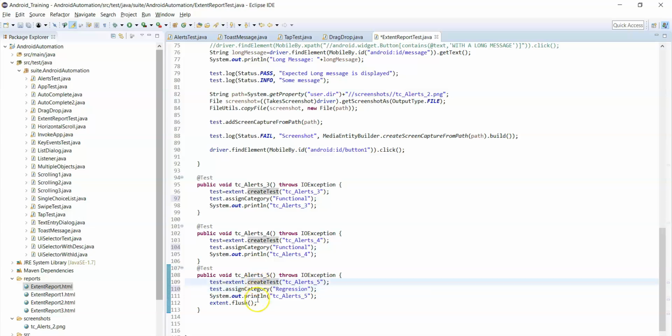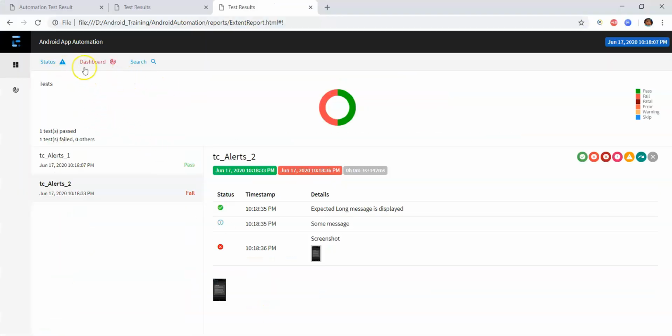So till now there is no category section in the report, right? If you assign the categories in your test cases, then the category section will be displayed. Now you can filter the test cases based on your category name here. Generally in your projects you may execute a suite that may have multiple classes.